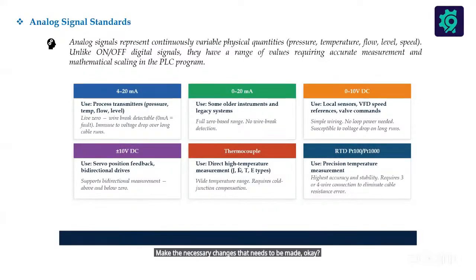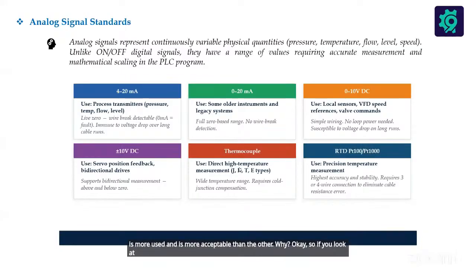Okay, so for your analog signals, you can have 4 to 20 milliamps, you can have 0 to 20 milliamps, you can have 0 to 10 volt DC, you can have positive or negative 10 volt DC. But one of them is considered more used and more acceptable than the others. Why? Okay, so if you look at the 4 to 20 milliamps,